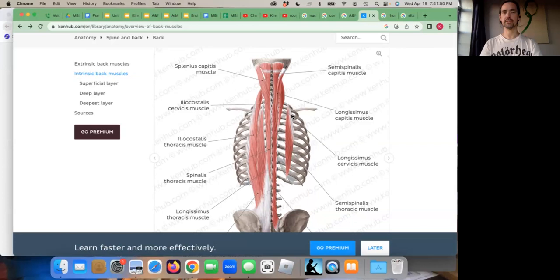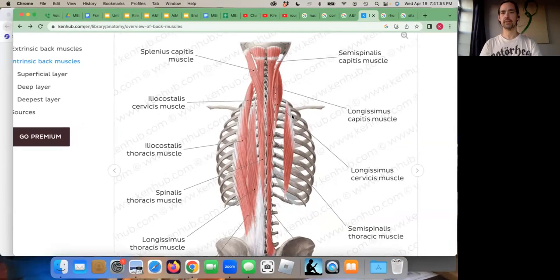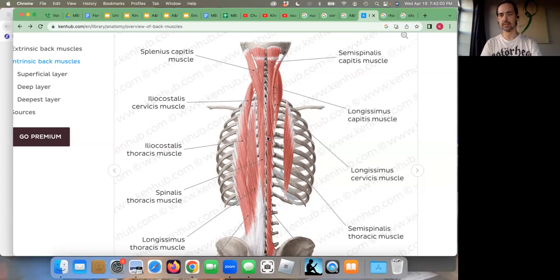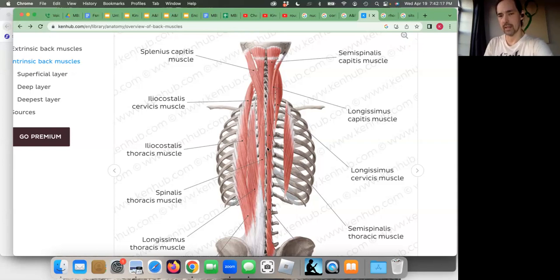So if you look at this, you have the spinalis, okay? Semispinalis thoracis, right? That's one of the deeper muscles. And then you have the spinalis thoracis. So different groups. Spinalis thoracis is part of the ILS muscles, and the semispinalis is part of the